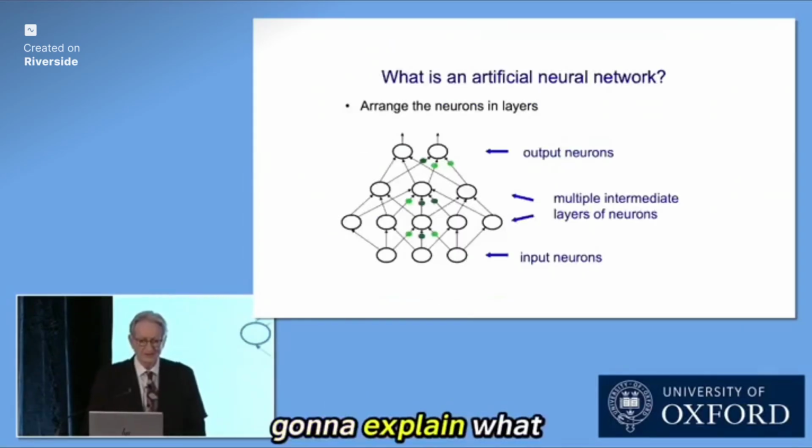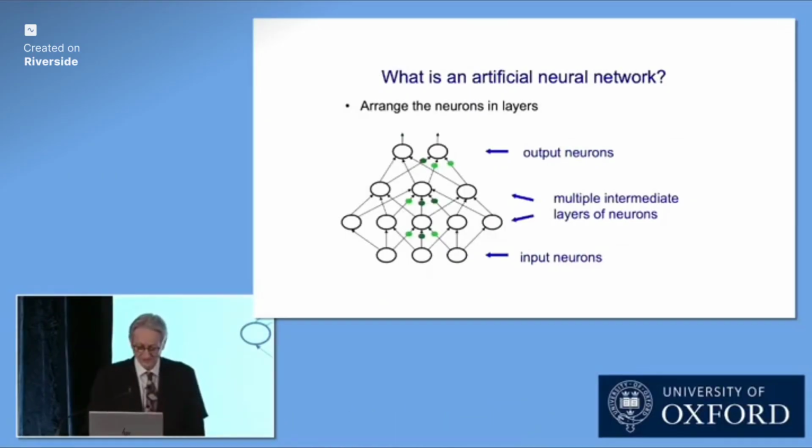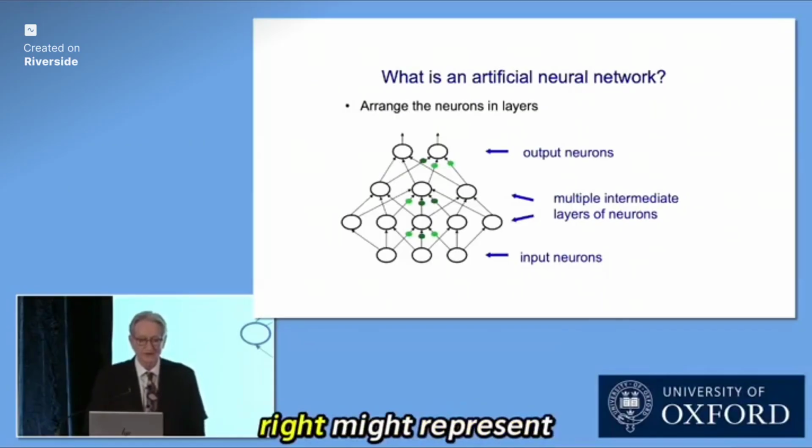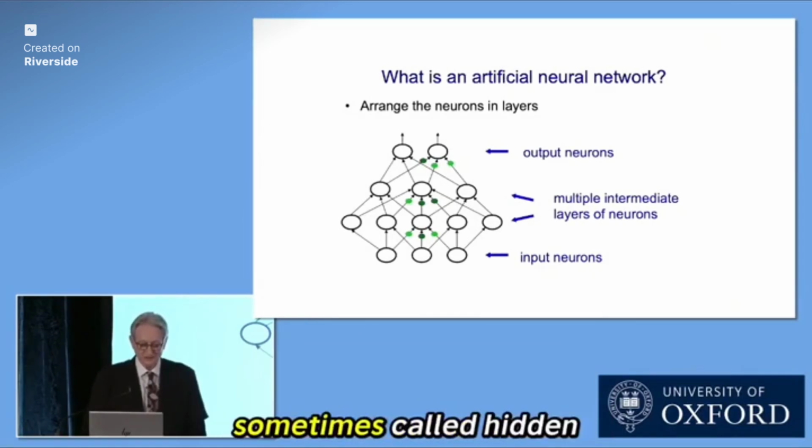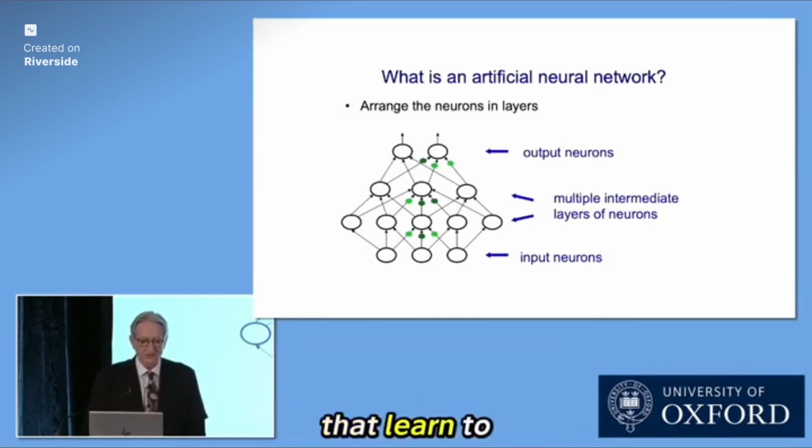So now I'm going to explain what artificial neural nets are, and those people who know can just be amused. A simple kind of neural net has input neurons and output neurons. So the input neurons might represent the intensities of pixels in an image. The output neurons might represent the classes of objects in the image, like dog or cat. And then there's intermediate layers of neurons, sometimes called hidden neurons, that learn to detect features that are relevant for